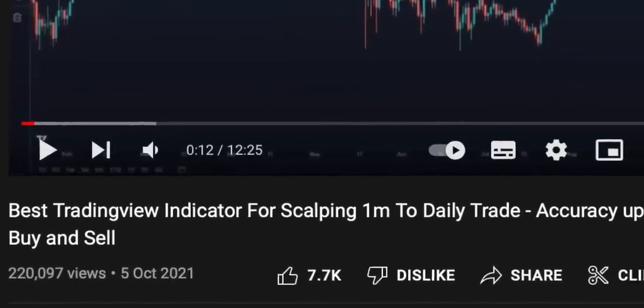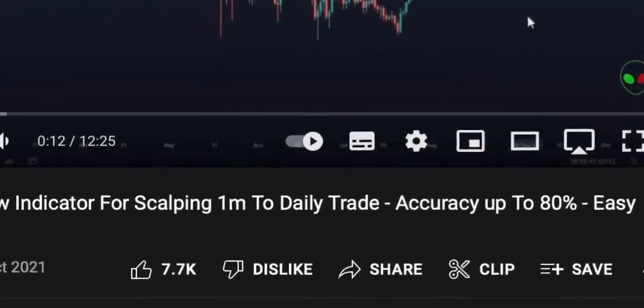Today I'm going to backtest the best buy and sell TradingView indicator for scalping with 80% accuracy, which was discovered